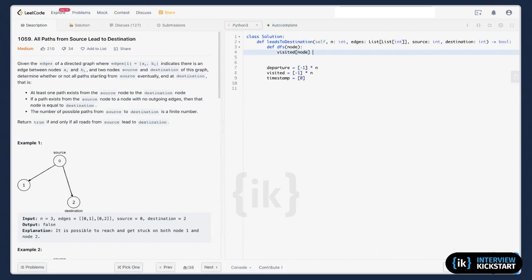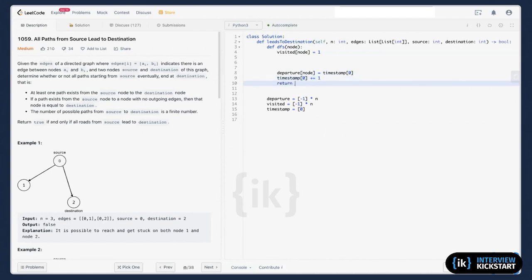I don't need an arrival time. I only need a departure time. So I will set the departure time of the node to the timestamp, and then I'm gonna increase my timestamp.